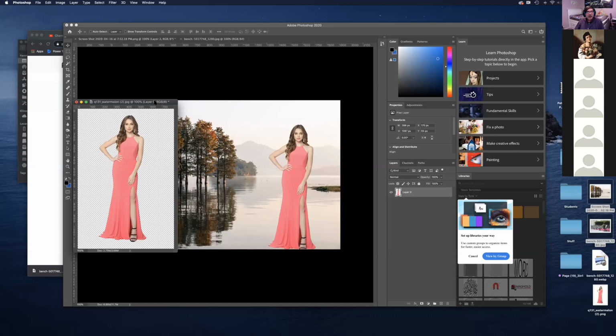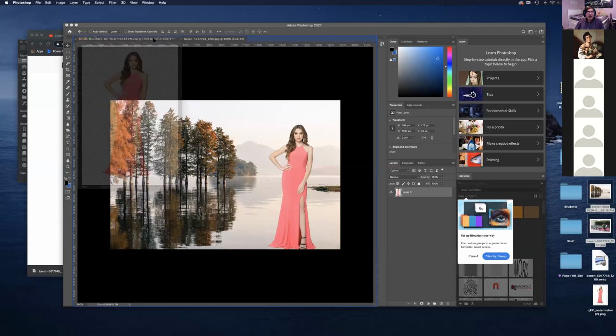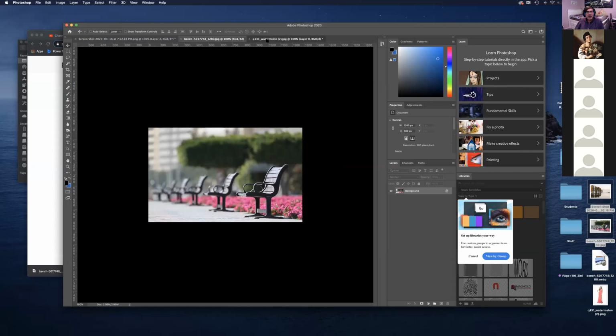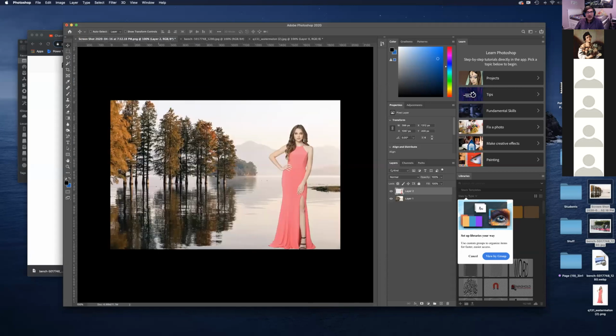Okay, so just remember that when you are moving an image from one document to the other, and if those documents are not using the same color profile, there might be a little shift. Okay, so that's fine. So right now I don't care that much. So I just want to see if,